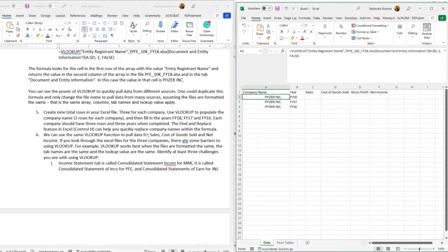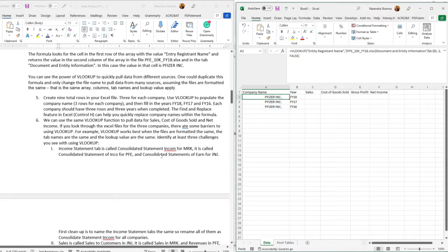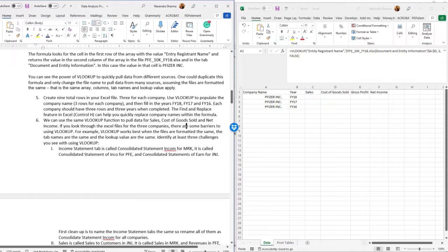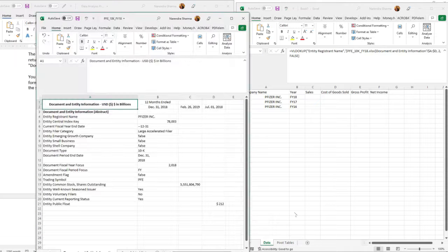Now what we are going to do is we can use the same VLOOKUP function to pull the data for sales, cost of goods sold, and net income. If you look through the Excel files for the 3 companies, there are some barriers to using VLOOKUP. For example, VLOOKUP works best when the files are formulated in the same name. So if you see the folder, the file for Pfizer,